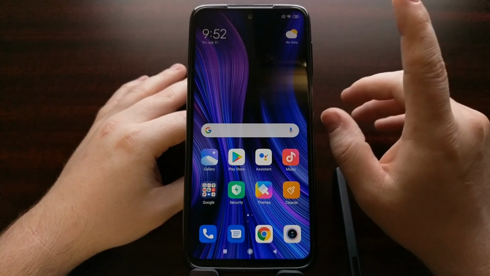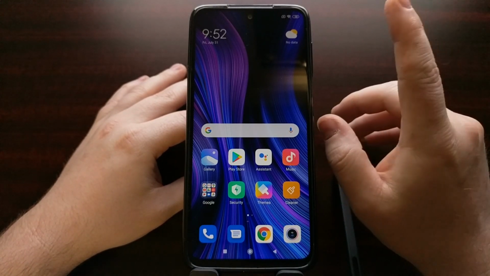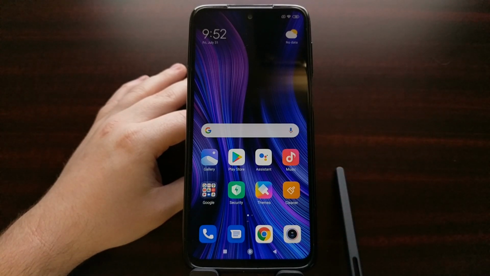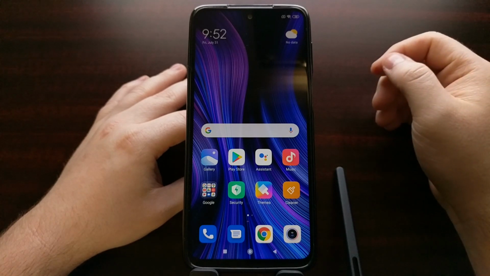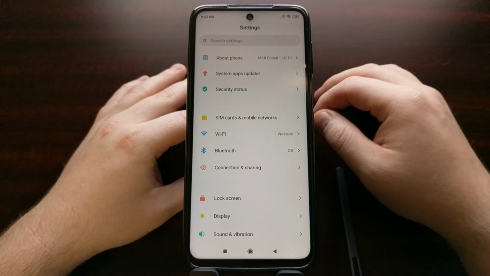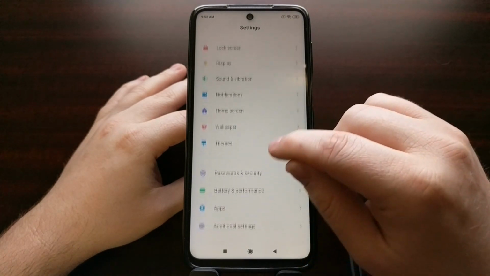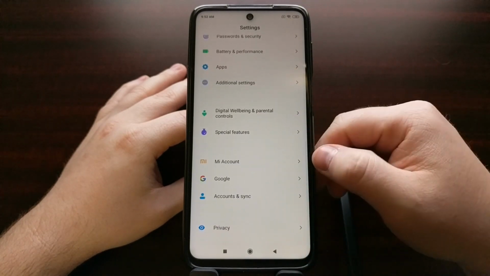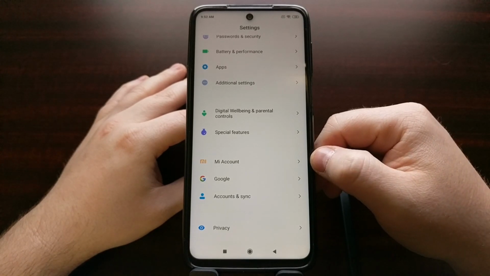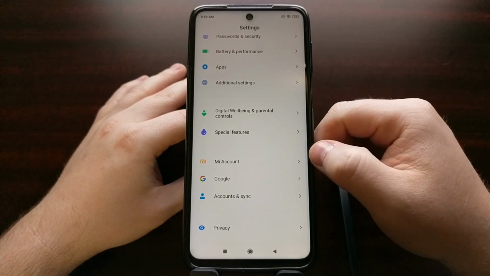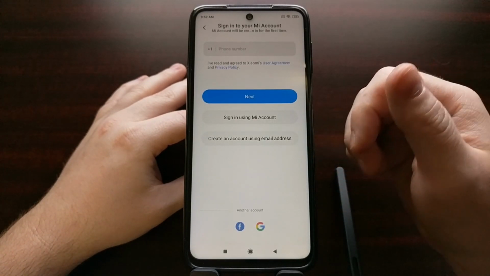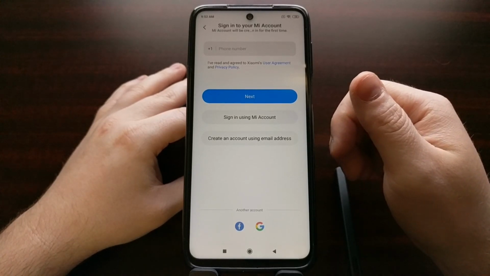Once we have Mi Unlock downloaded and extracted on our PC, we then need to focus our attention on the smartphone itself. And we're going to open up the settings so that we can scroll down a bit till we get to the Mi account option. We need to tap on this and log in to our Mi account. This requires a phone number and SMS